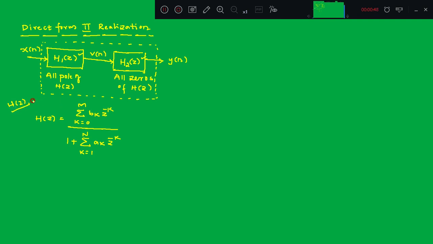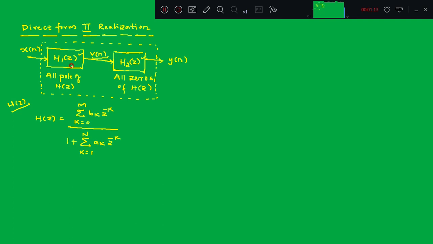To have the direct form 2 realization, I am simply decomposing this H(z) into a product of H1(z) and H2(z), and between these two, in the intermediate state, I have taken the response of the system as v(n),